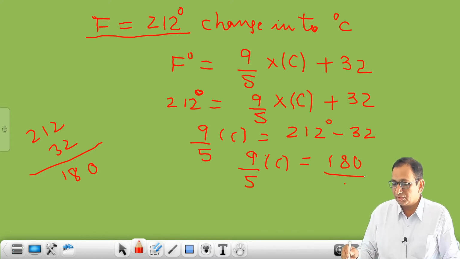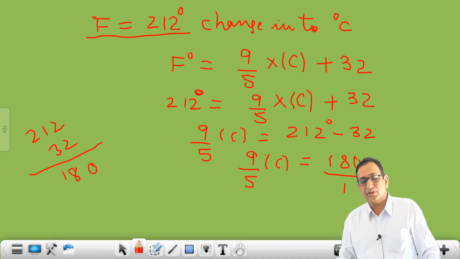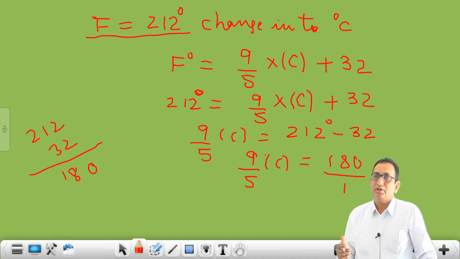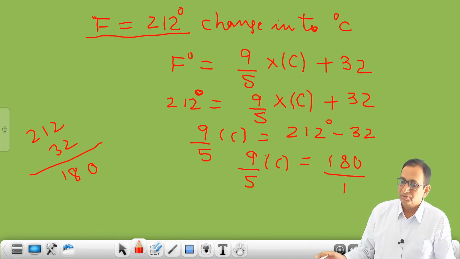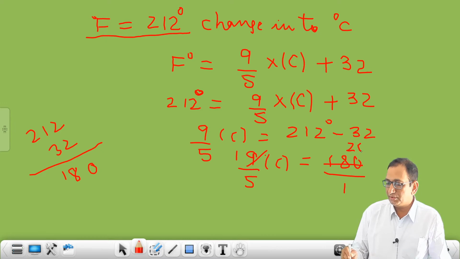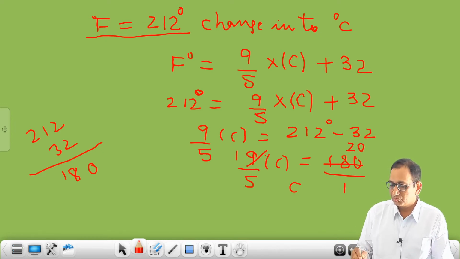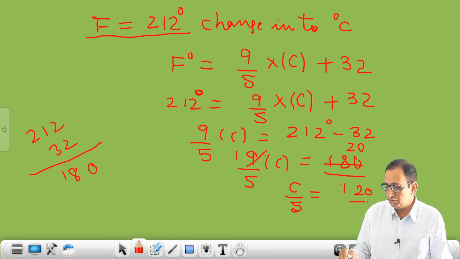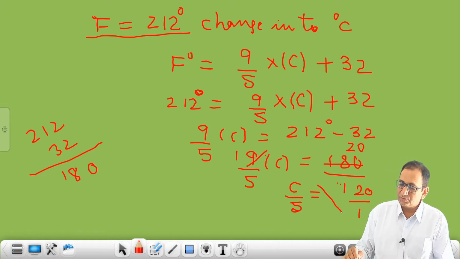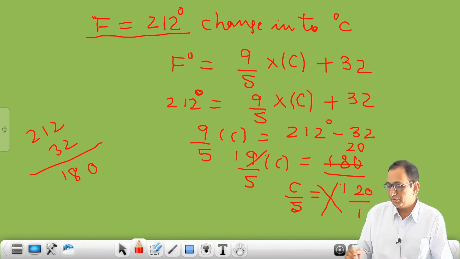So you can write here 180 upon 1. And now in equal sign you can cut numerator to numerator and denominator to denominator. So students, 9 1 ja 9 and 9 20 ja 180. So here 20 is there. So students, here we have got C upon 5 is equal to 20 upon 1. Now by the cross multiplication, you will have here C is equal to